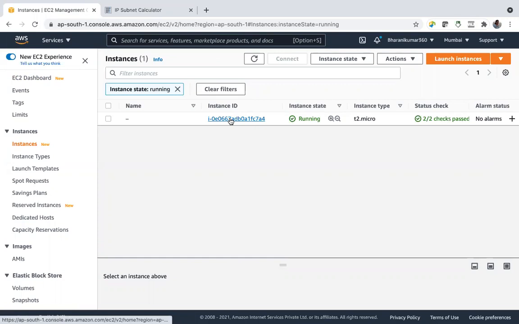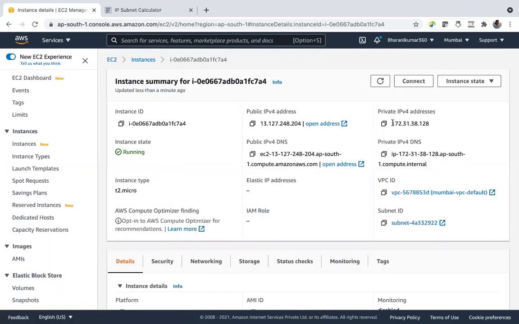The private IP address is getting its IP address from that CIDR range. These two will be same, and this is subnet. This octet comes from the subnet, and this one will be varying.